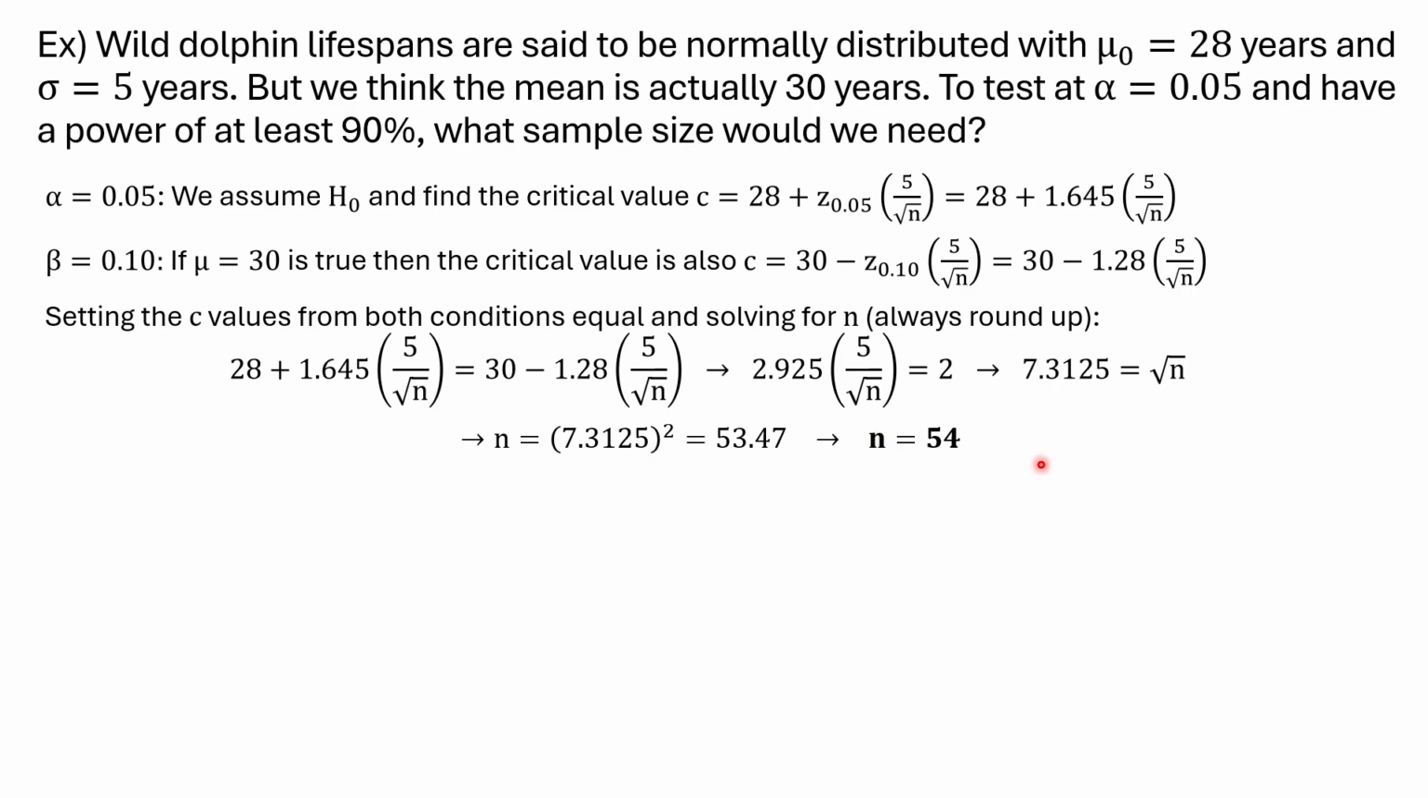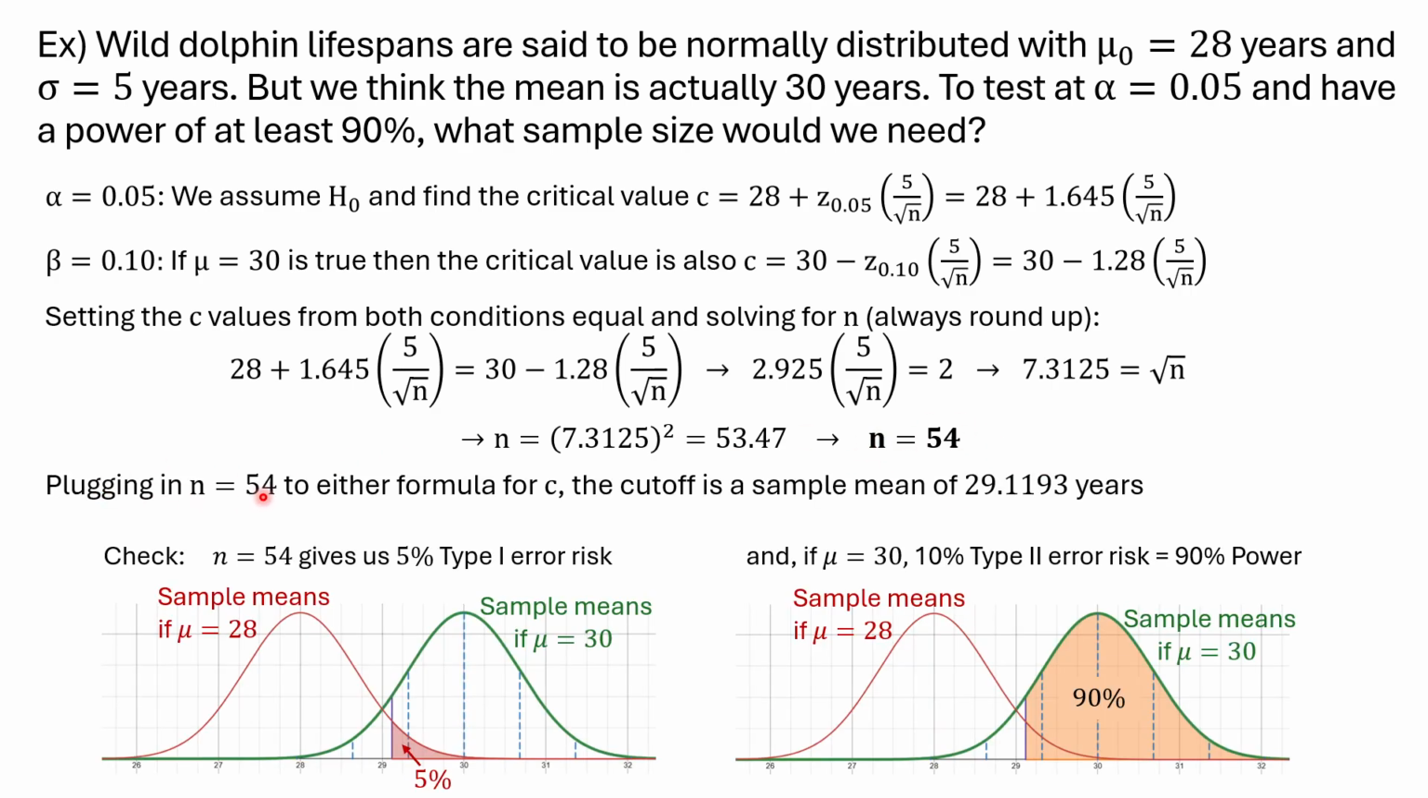Now let's check everything. Putting in n equals 54 to either formula of this critical value c, we get a cutoff, a sample mean of 29.1193 years. So here we'll check both conditions. Here we have in red, in both pictures actually, the sample means if the true mean were 28. So we'll have, since we're testing if it's higher, then we'll have this rejection region with 5% of the area above it. And then we also have here this same rejection cutoff